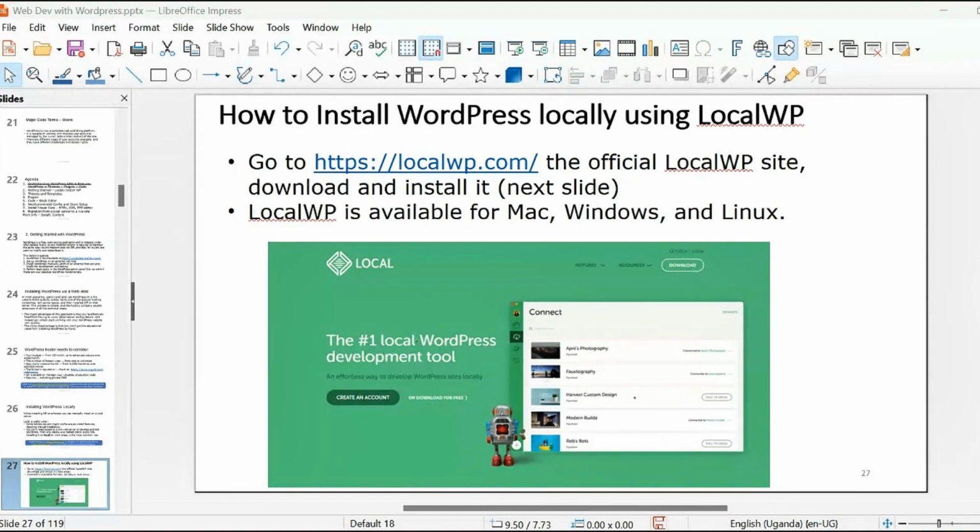For that language to run. So for us to build a website, we have to provide a certain environment that allows us to use our computer as a server. You remember the client-server relationship between the browser and the server. In this case, we are going to use the browsers on our laptops still, whether you have Chrome or Mozilla, whatever browser you have running. The server, however, is going to be our computer or laptop, and that is why we refer to it as local, because it's a local server.